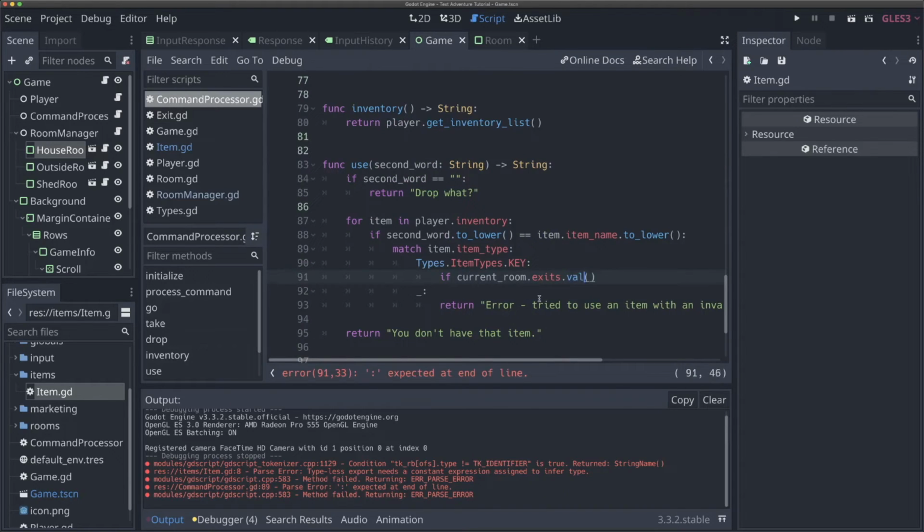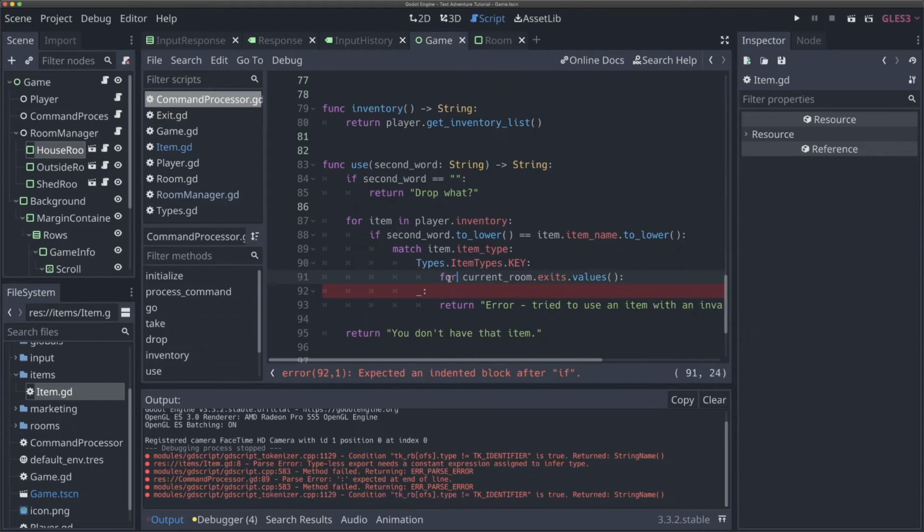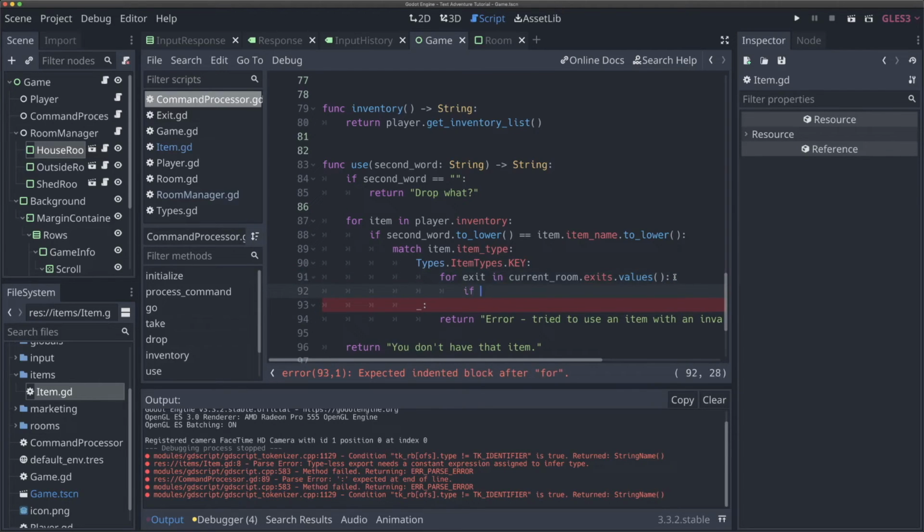So we're going to change this to be values. Now we're going to be getting all the values, but we don't want an if here. We need to say for exit in current_room.exits.values. So we're going to go through all the exits, and we're going to say if exit. And remember, this is one of the reasons why we were specifically focusing on room 2 of the exit, not room 1. So we can say if exit.room2 equals